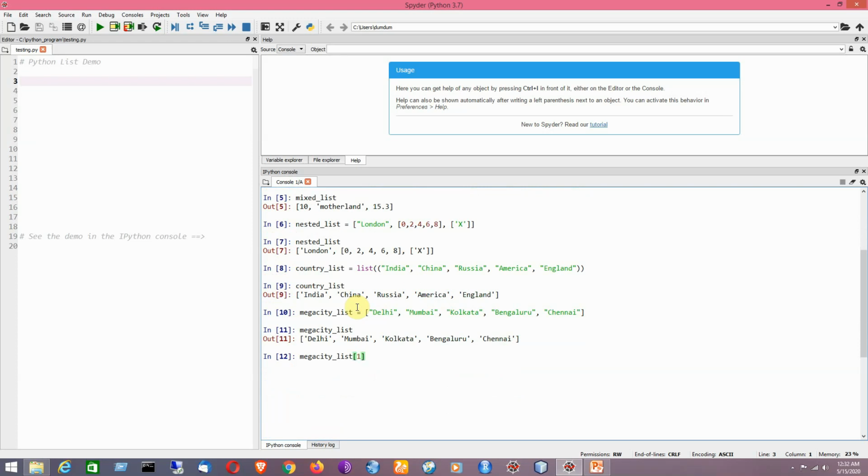That means it is trying to access the first element in the list. So it is basically Mumbai, because Delhi is megacity list 0, Mumbai is 1, Kolkata is 2, Bengaluru is 3, and Chennai is 4, because it is having 5 elements. So it will start from 0 and end at 4. So megacity list 1 will be representing Mumbai.